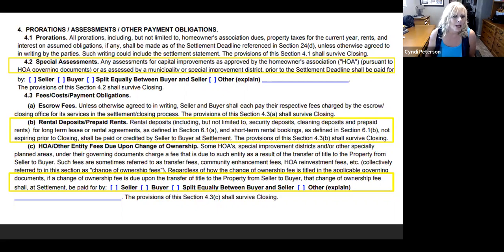But what I really want to point out is the main things that we have seen problems with in the past. And so that's why I want to make sure when we're looking at these that the highlighted areas, not that they're the most important, but they're the things that it seems like most people have the biggest issues with. But all the prorations, including but not limited to, of course, the homeowners association dues,